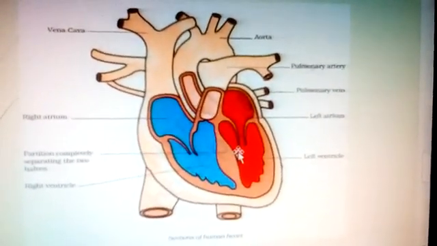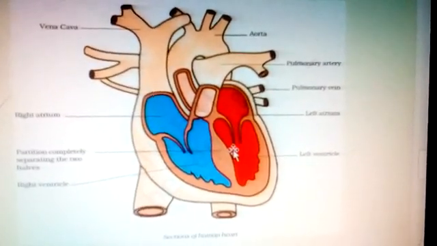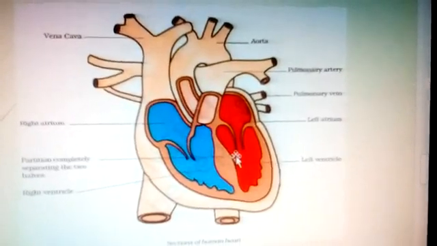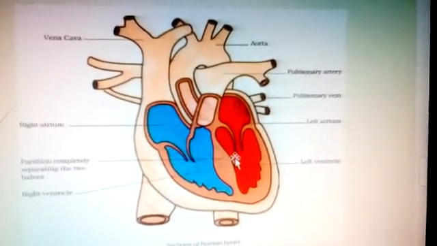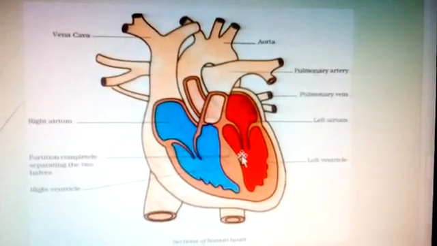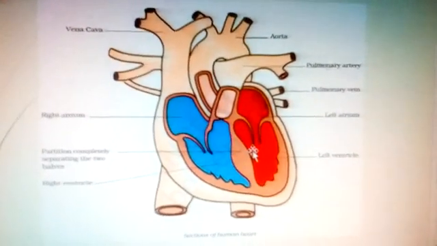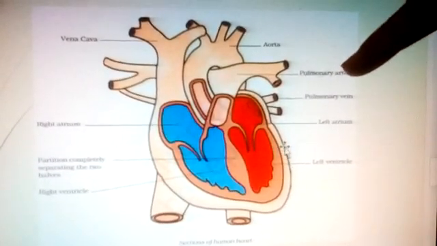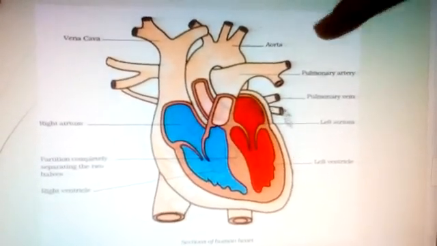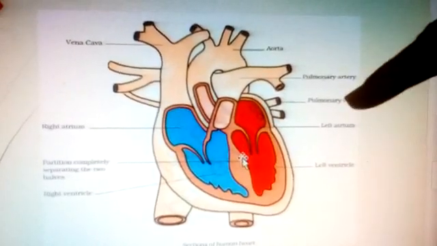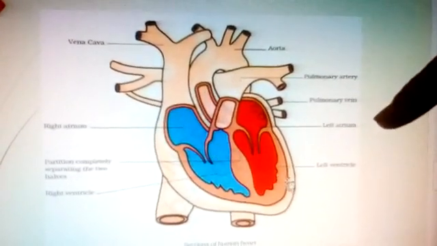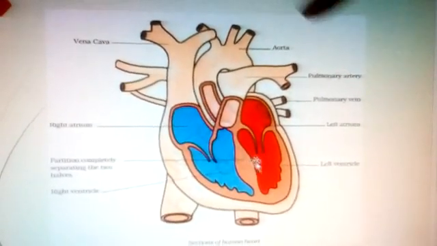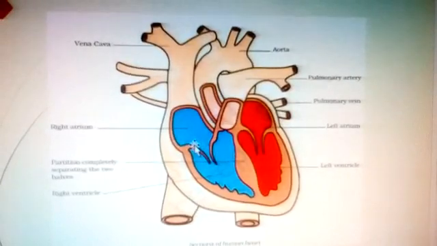What will happen if the blood rich in oxygen and the blood rich in carbon dioxide mix with each other? To avoid this from happening, the heart has 4 chambers. That is, this side, the red color, shows the left atrium. There are 2 chambers in the upper part and 2 chambers in the lower part. This red color is called the left atrium and the right side is called the right atrium.